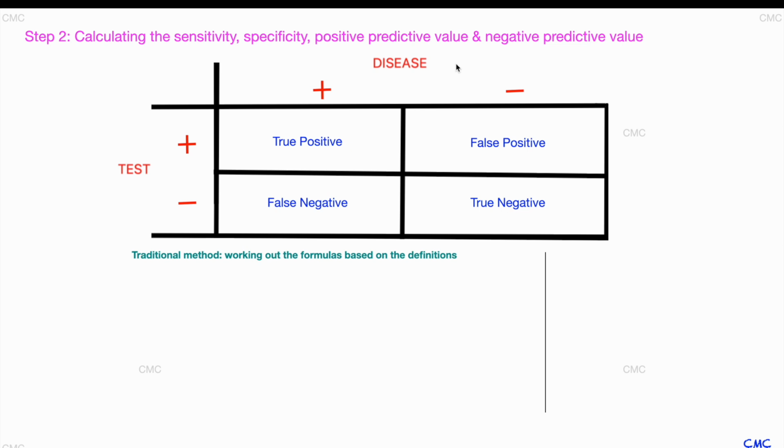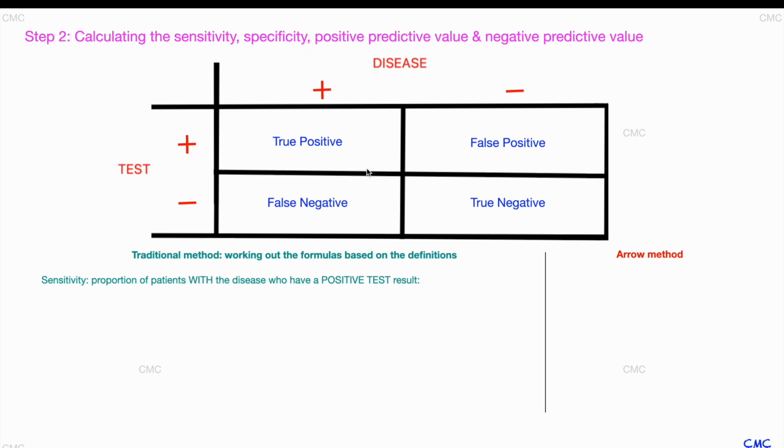And I strongly encourage this method because it relies on reasoning rather than memorizing, and it gives you a good feel of what these terminologies actually represent for the accuracy of the investigations and the tests. Or you can use the shortcut arrow method, which we will come on to in a minute. Let's first explore what each of these terminologies mean and how you can use their meaning to help you guide how to calculate them. Sensitivity is the proportion of patients with the disease, so we're looking at all of these